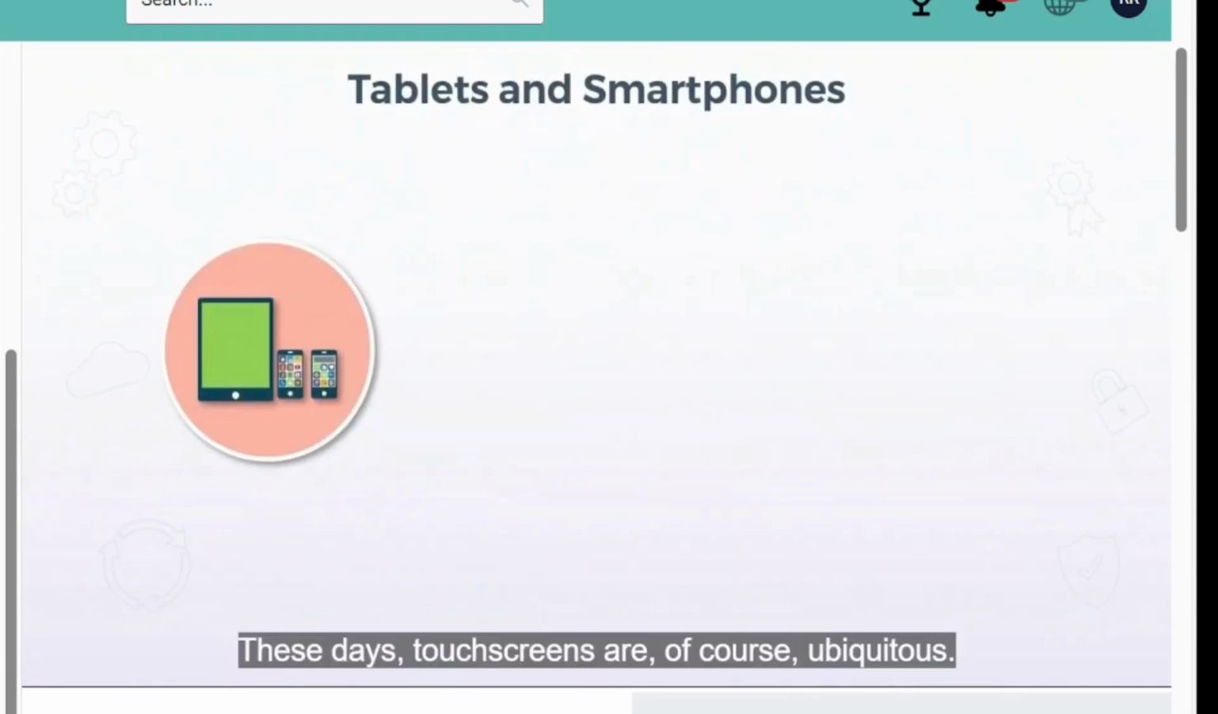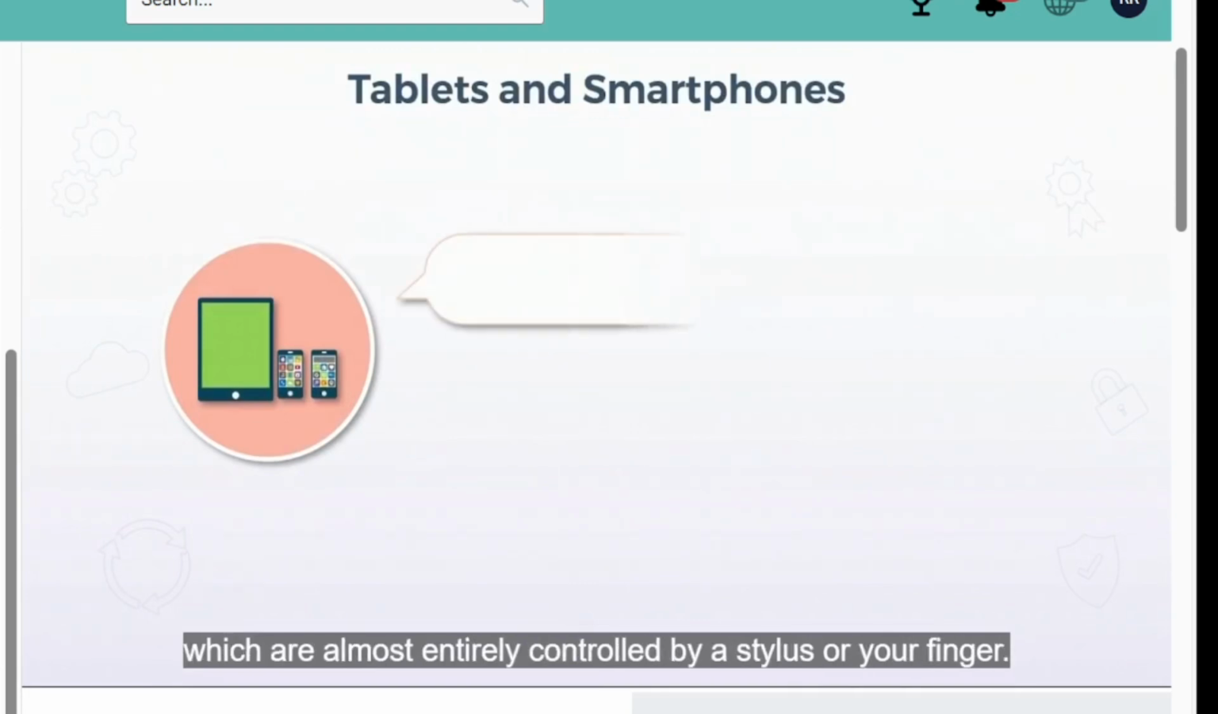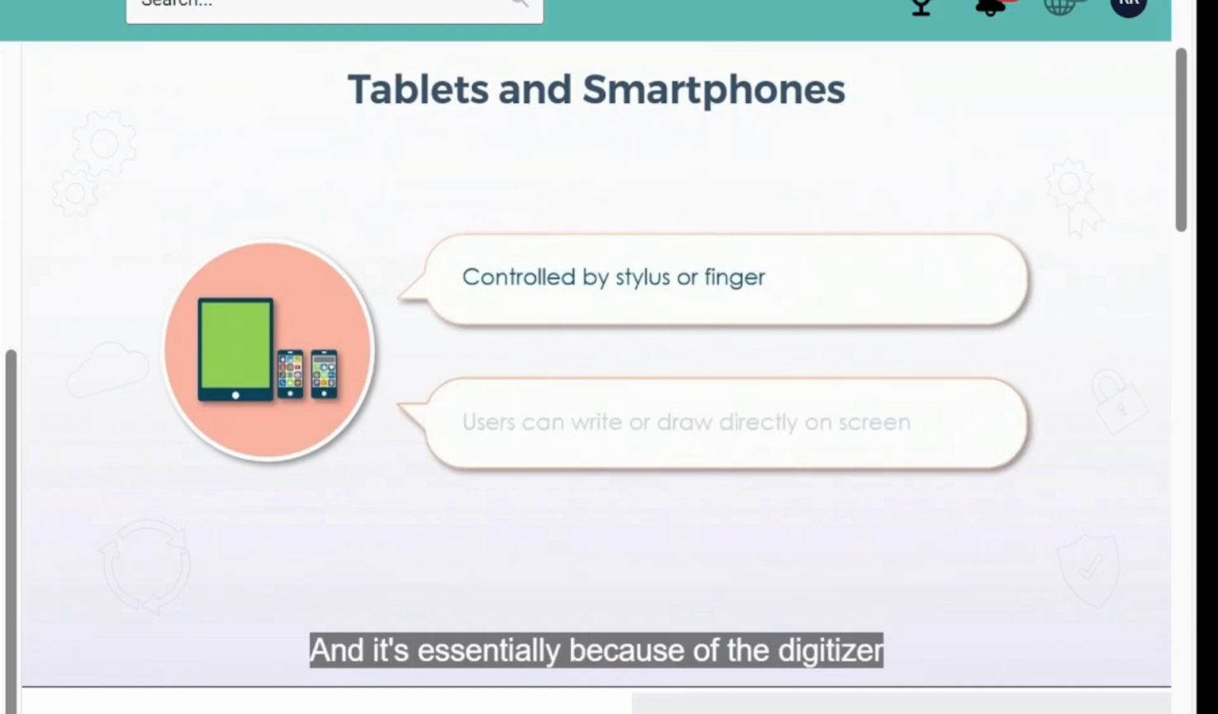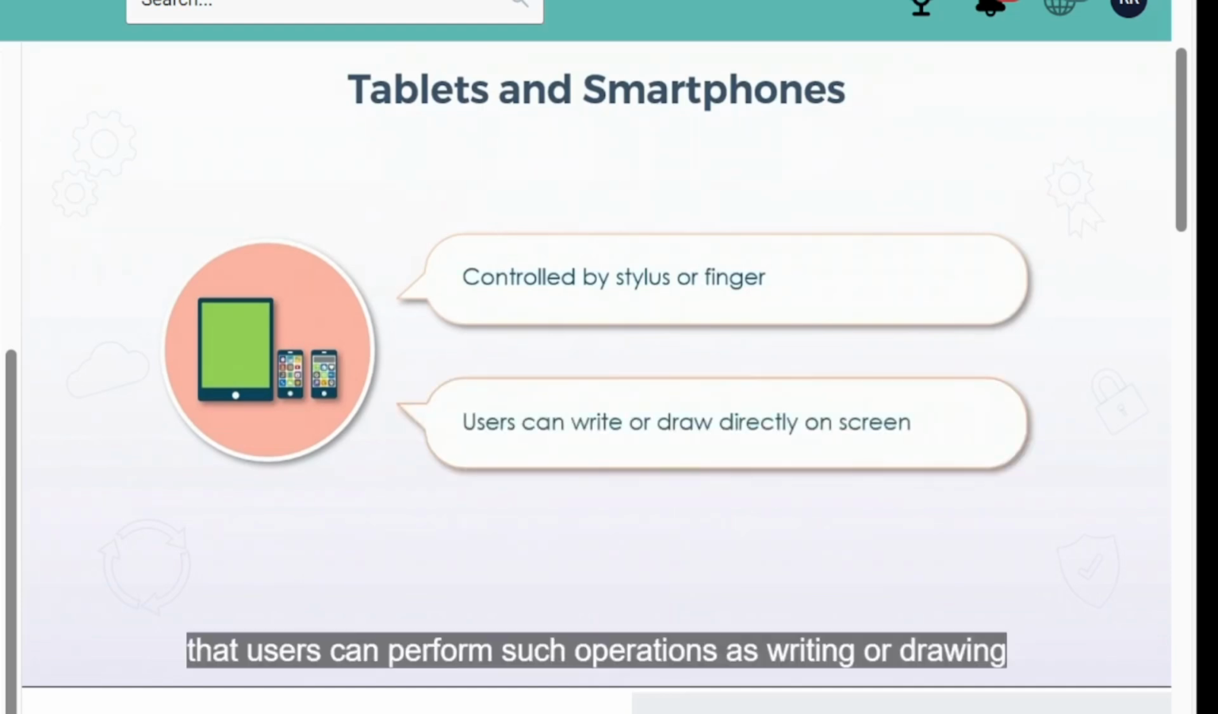These days, touchscreens are, of course, ubiquitous. Almost everyone has either a phone or a tablet or both, which are almost entirely controlled by a stylus or your finger, and it's essentially because of the digitizer that users can perform such operations as writing or drawing directly on their screens, or placing a cursor within a paragraph, select and highlight, copy and paste, or of course load an app. There are any number of